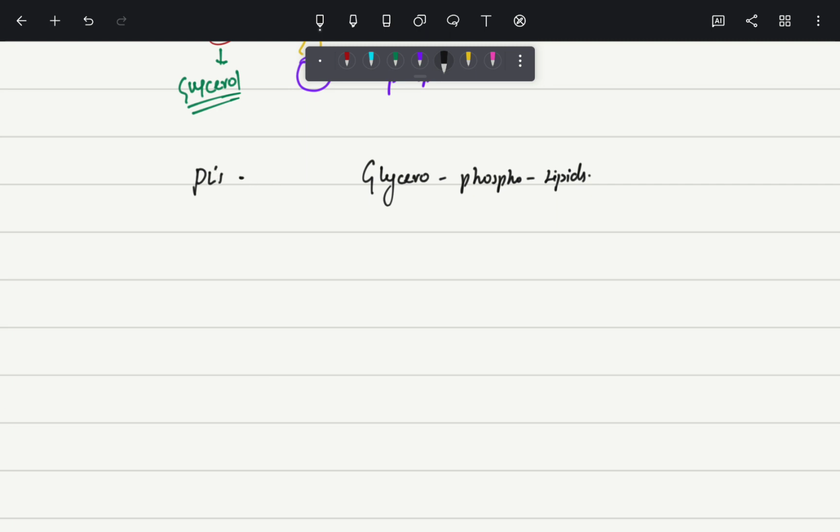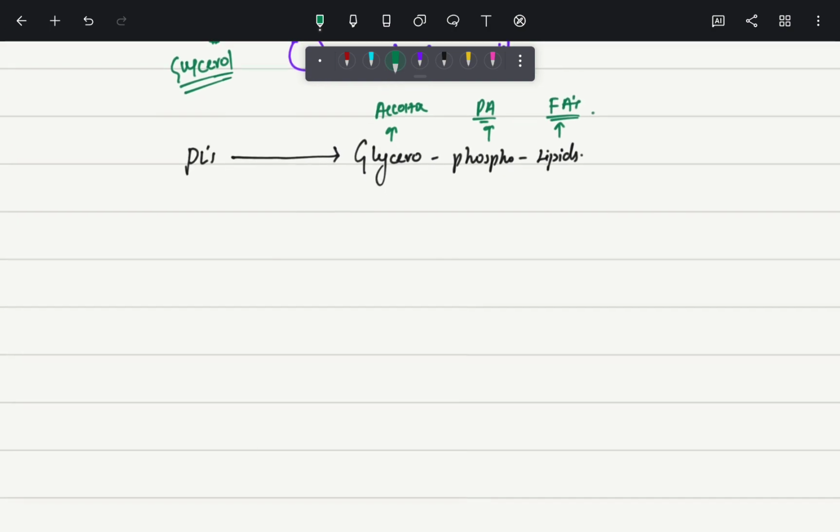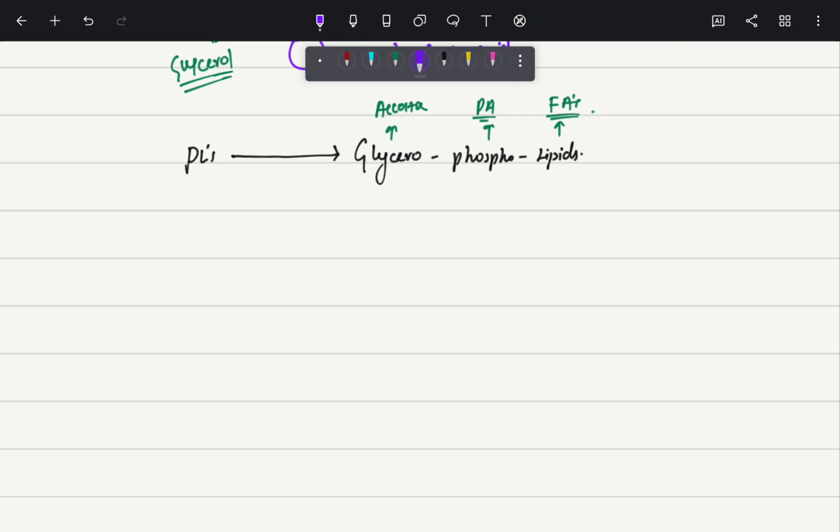So once again, phospholipids are also called glycerophospholipids, where glycerol is your alcohol, phosphate is your phosphoric acid, and lipid is your fatty acids. And what are the common examples of this glycerophospholipids? The common examples are your